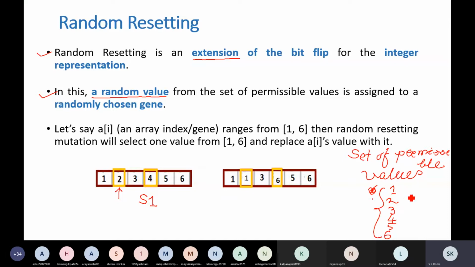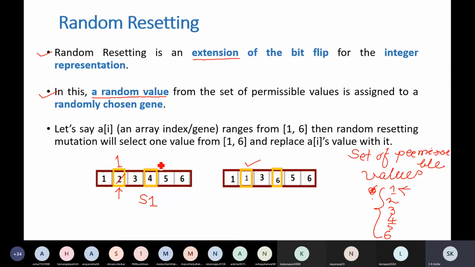Suppose that random value selected is 1. It can be 2, it can be 3, 4, 5, 6, anything. But suppose randomly selected value is 1. So we are going to replace this 2 with 1. So that's what we have done out here.